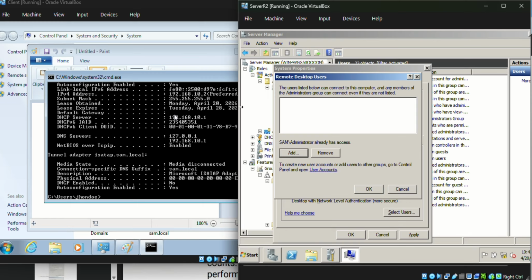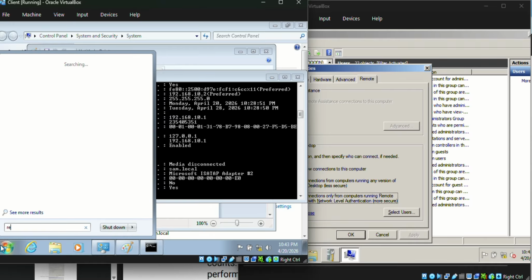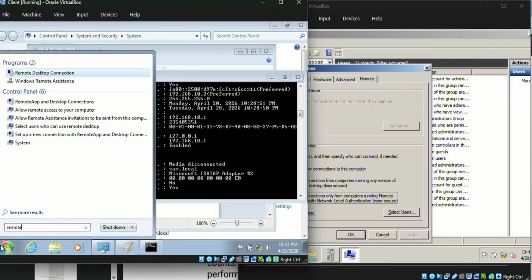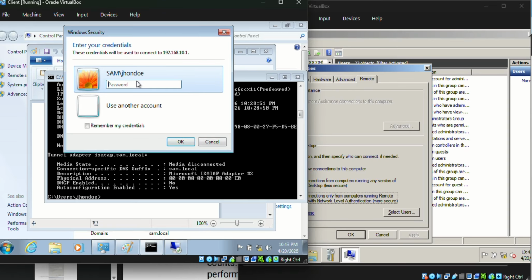Now, since we are using Jando and Jando is not part of the administrator group, okay? So let's add them first. Actually, let's not add yet, let's just try to apply. Then we remote from the other side, remote desktop connection. 192.168.10.1, then click connect, then the password for